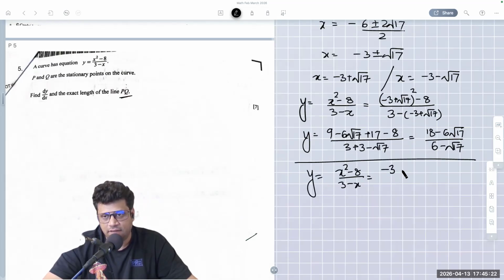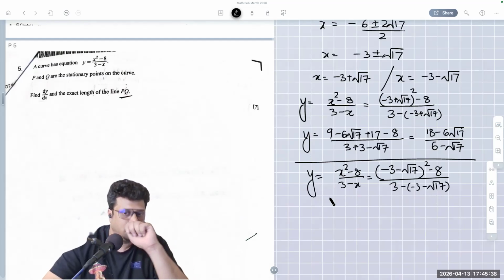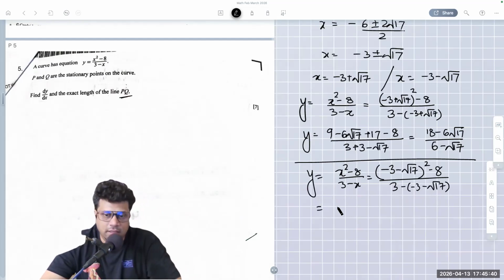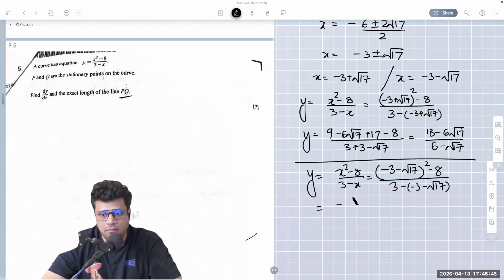So that's negative 3 minus root 17 squared minus 8, divided by 3 minus (minus 3 minus root 17). And that comes out to be